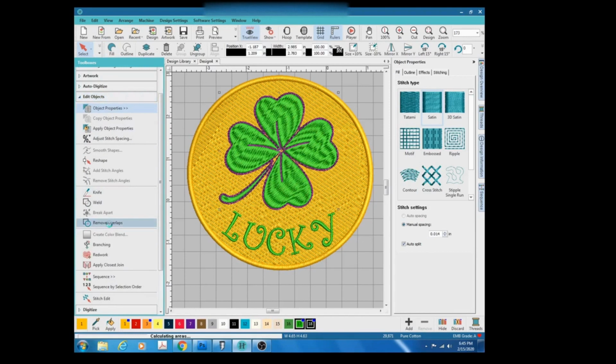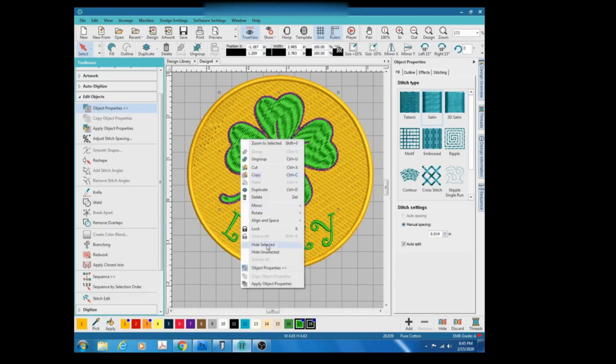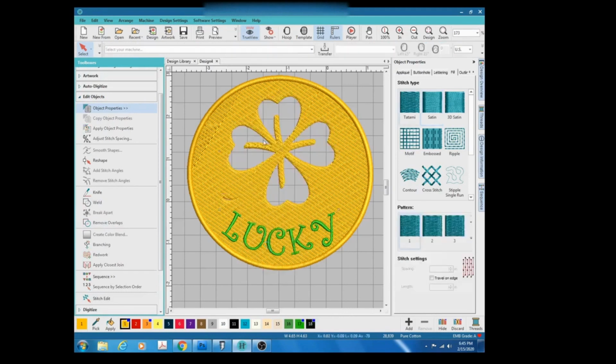This will remove any overlapping thread that can potentially cause issues. And I'll show you exactly what I mean. I had my 4-leaf clover selected and I clicked remove overlaps. Now I'm going to right click on here, hide selected. As you can see, it removed some of the thread that was underneath. This will save you some broken needles,